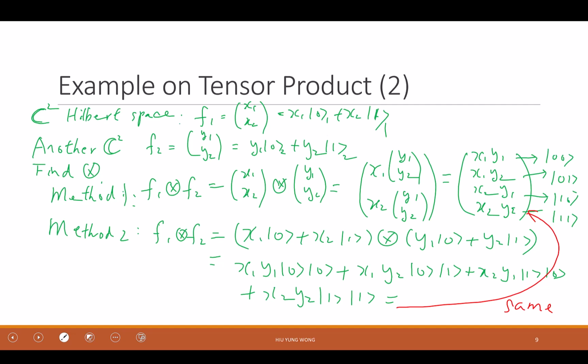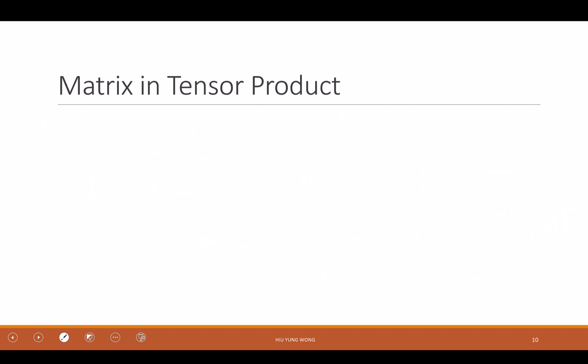Okay, so we know how to do the tensor products of vectors from a lower dimension to a higher dimension. How about the matrix, the operation? How do we do that? Again, it is very